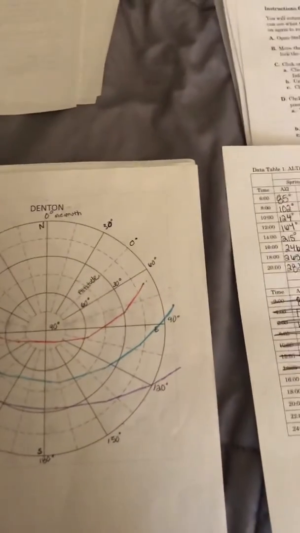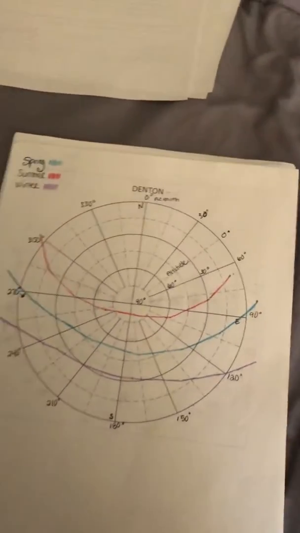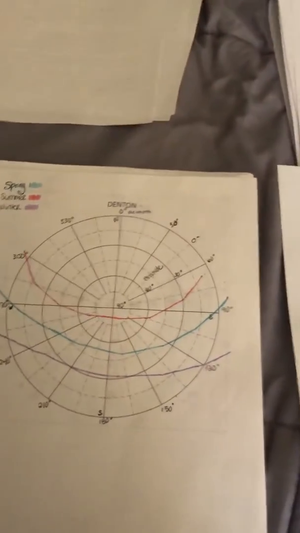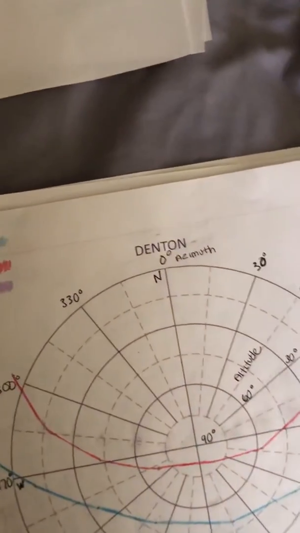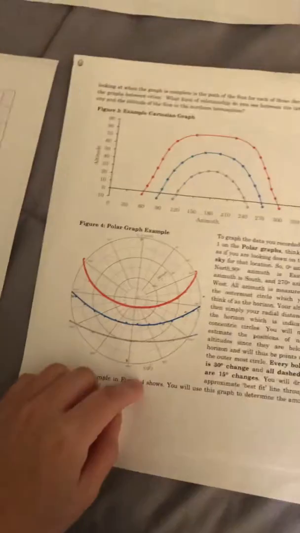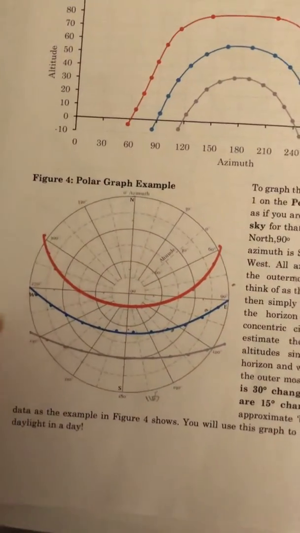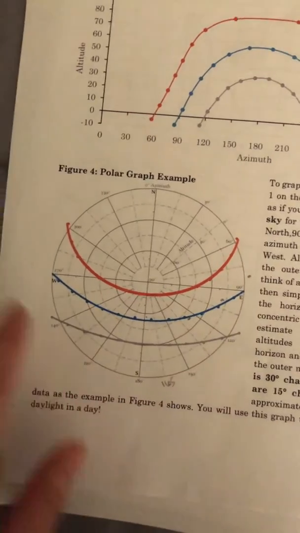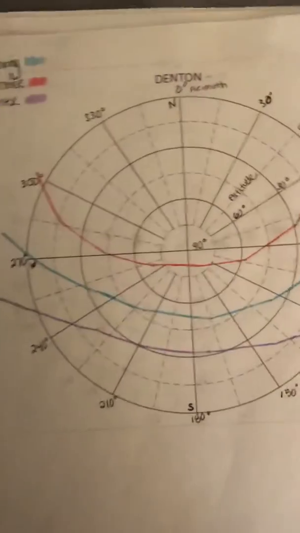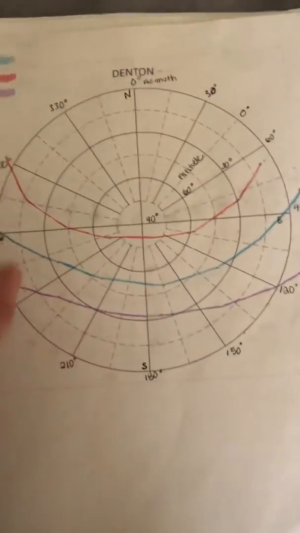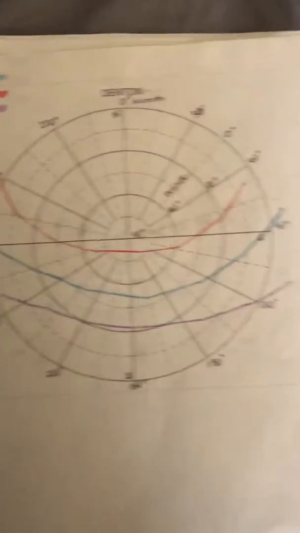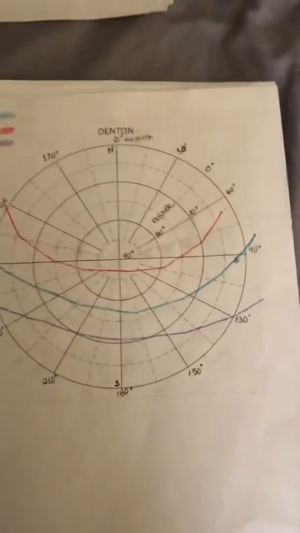So after you do that, then you do the polar graphs. The polar graphs can be kind of difficult, but I labeled mine the same way that was in the lab. The example that they gave, here it is. So I just went ahead and labeled mine north, south, east, west, and then I put all the degree signs. And so for this one, spring, which is in the blue, and again I have to redo this graph too, but